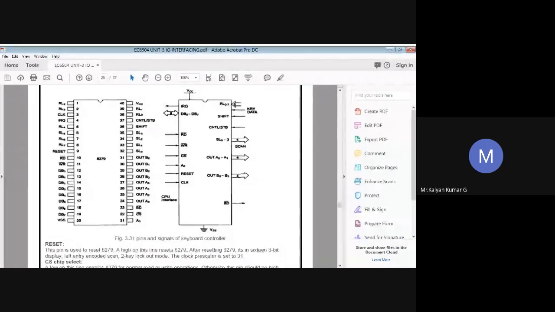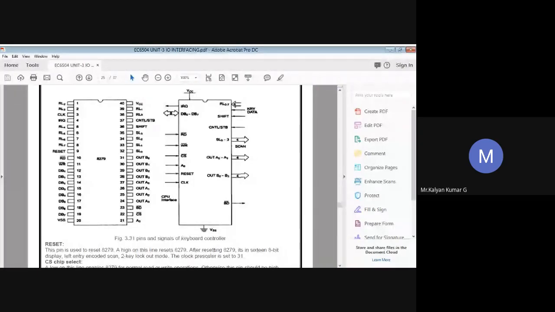We can have a look at the pins available. We'll rush through the pins we know already, because almost all of these pins are familiar from the 8086 interface. A few such pins are DB0 to DB7, pin numbers 12 to 19.